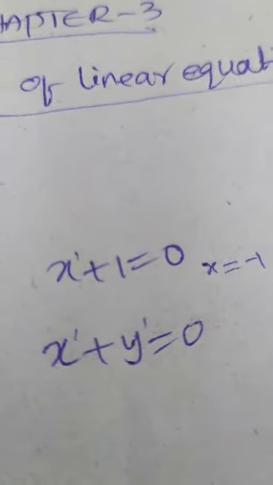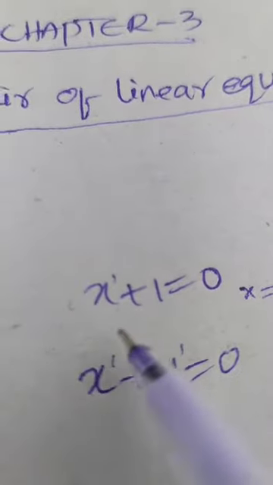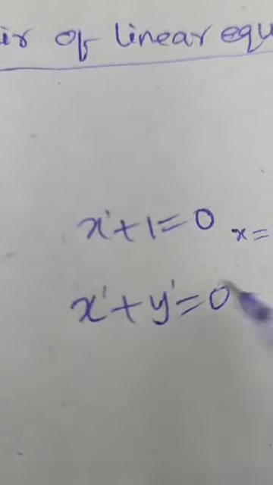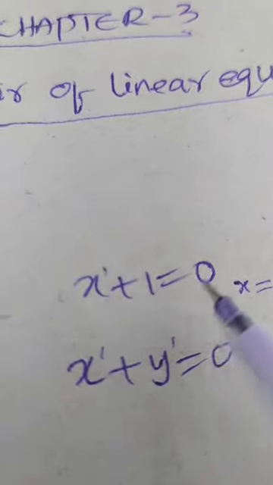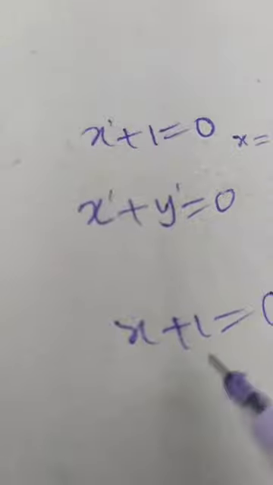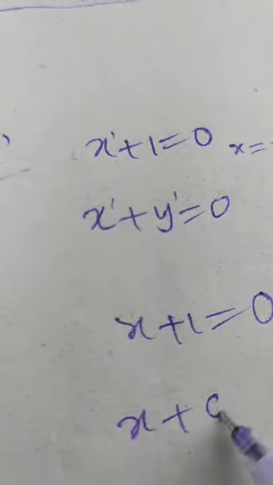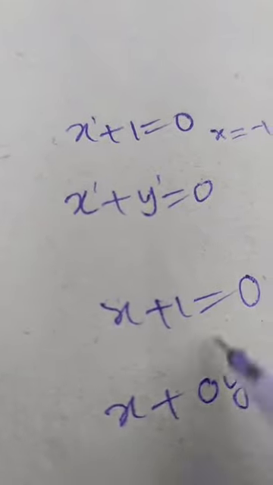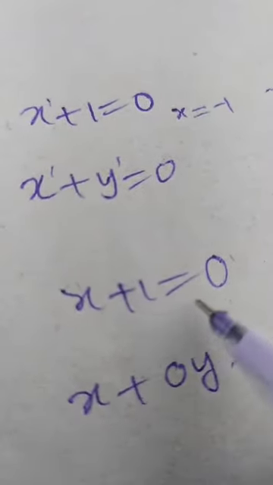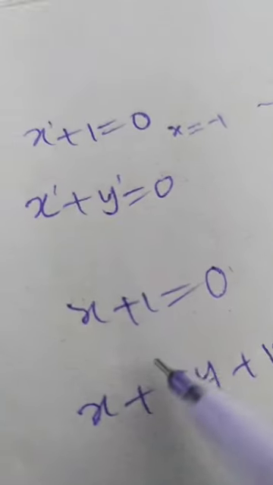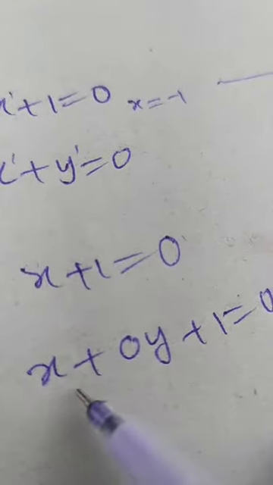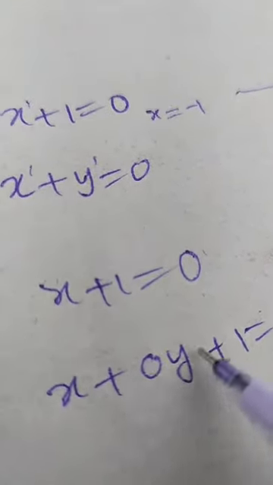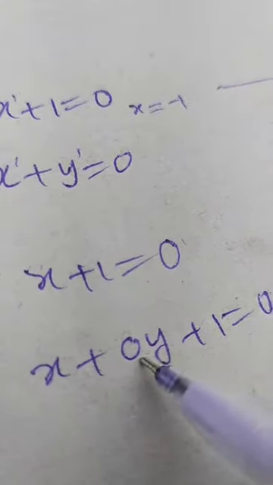And already we studied how to represent graphically a linear equation in one variable and a linear equation in two variables. And we know that a linear equation in one variable we can convert into a linear equation in two variables also. Suppose this is a linear equation in one variable. We can rewrite the equation as x plus 0y plus 1 equals 0. Both represent the same equation. This is x plus 1 equals 0, a linear equation in one variable, and we can convert it into a linear equation in two variables. So I converted this equation into a linear equation in two variables here by inserting the y variable and taking the coefficient as 0.